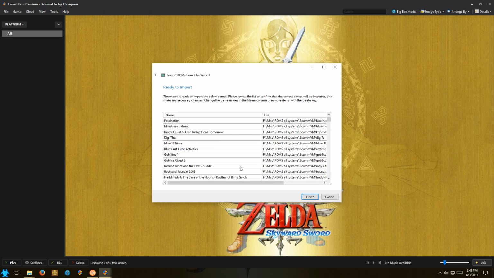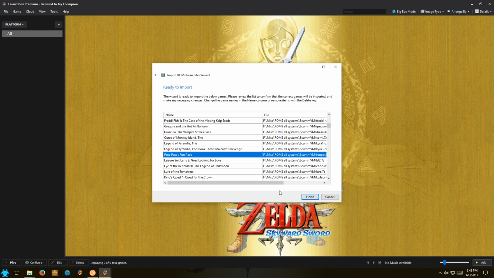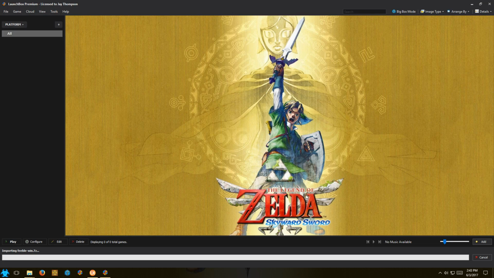Okay, so we can see all the games have imported here, or not imported, but the Launchbox parsed all these. Some of these you'll have to rename, like they're not named properly, like the Blues Clues, and if you even want those, you might just want to delete them out of there. Freddy the Fish, Putt Putt. I mean, if you want these games, that's great, but I'll probably go through and delete these after a while. Anyhow, now that these are all in here, just click Finish. It'll import all these,